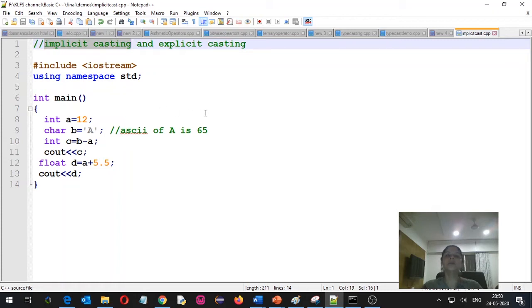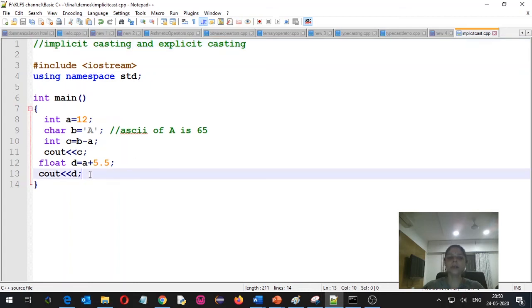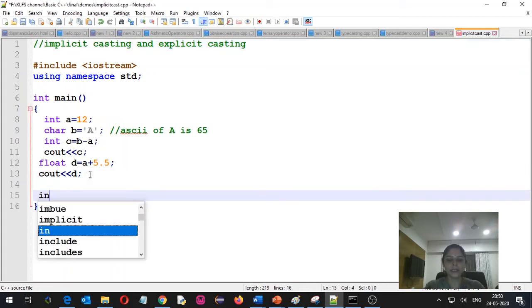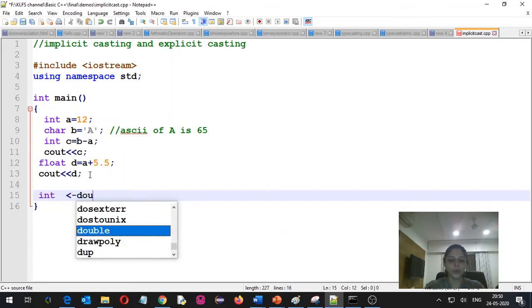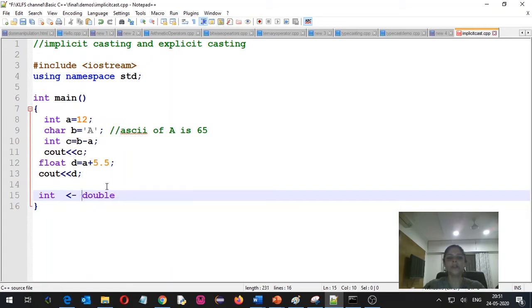But there are a lot of chances that in implicit typecasting there is loss of data when you are shifting the data from greater size memory into smaller size memory. For example, if you try to shift a double into an int, for double we have 8 bytes and for integer we have 4 bytes.